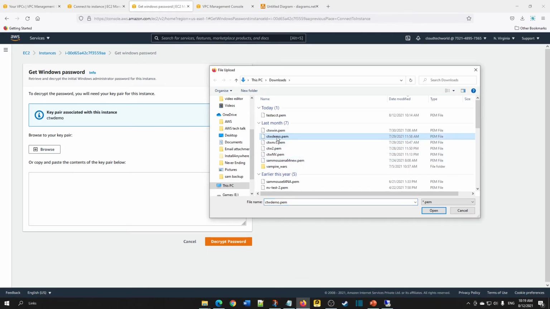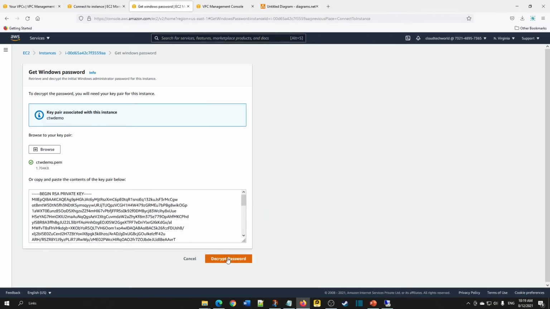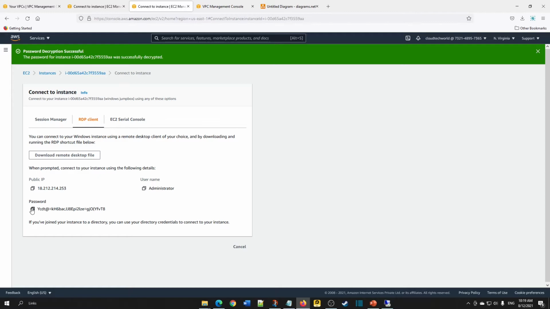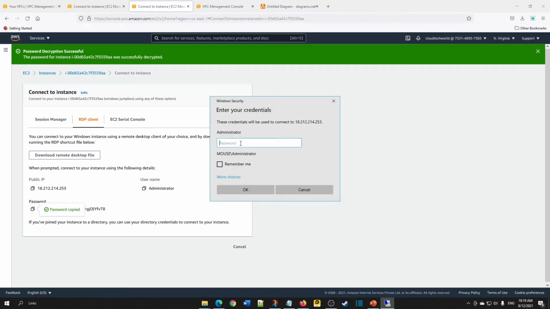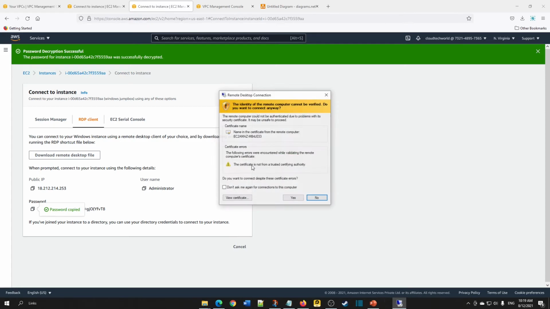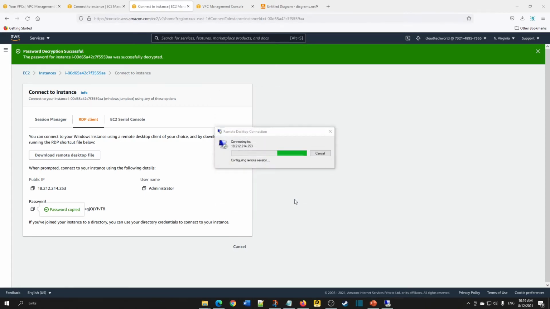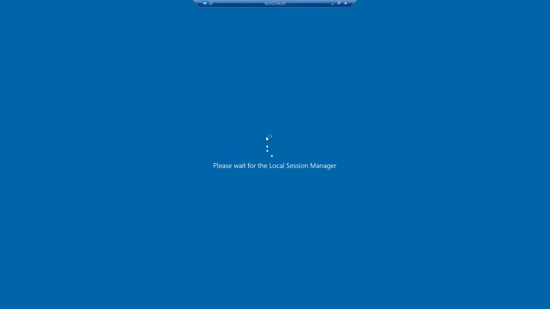We need to choose the appropriate key for whichever account this is. Click on decrypt password. Here you can see the password. Paste it here. Now you should be able to connect to the Windows EC2 instance. Since it is the first time, it's taking some time to set up our account.